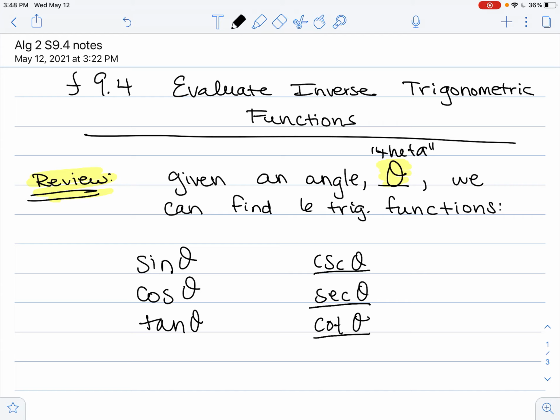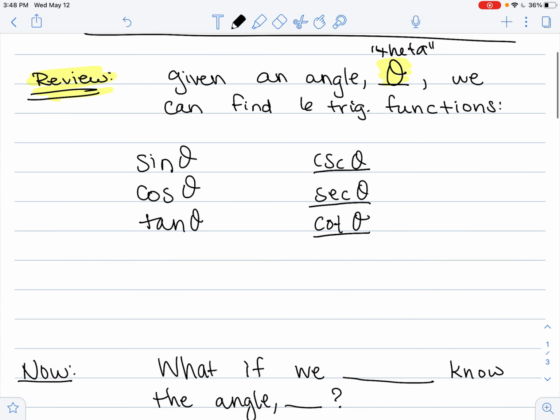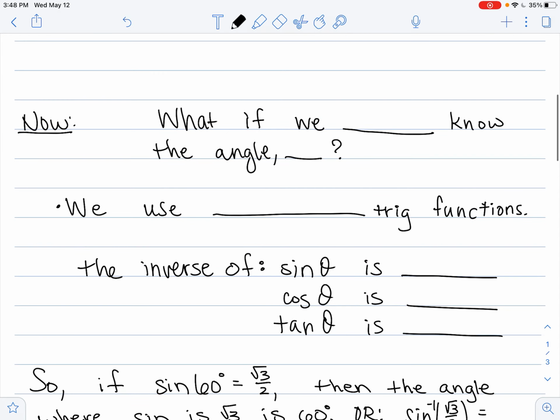Remember, we would use SOHCAHTOA to solve this, and we have those 3 musketeers of trigonometry that we use to solve a triangle, and that we can use to find these 6 trig functions. So what if we don't know? Again, this is something you need to fill in. What if we don't know the angle theta? Then you would have to use an inverse